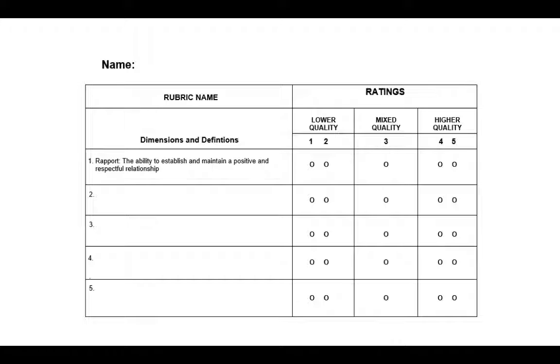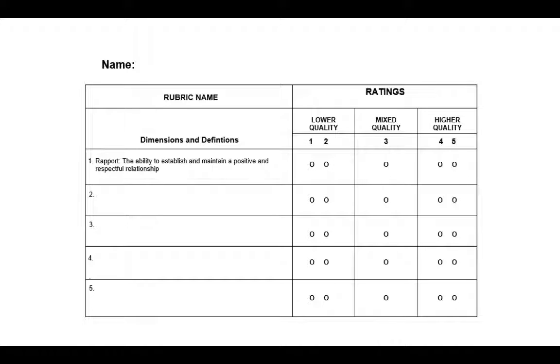You'll see that on the right hand side is how you're going to use this to rate the videos. We've got a 5-point Likert scale, ranging from 1 to 5, 1 and 2 being lower quality, 4 and 5 being higher quality, and 3 being mixed quality. It's very similar to the PARS rating scale that I reviewed. It's just a smaller scale that might be easier to manage. So fill in the 5 dimensions and define them. This is what you would have to do if you were training a rater to use your rubric